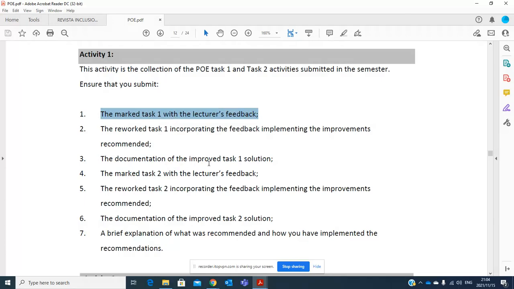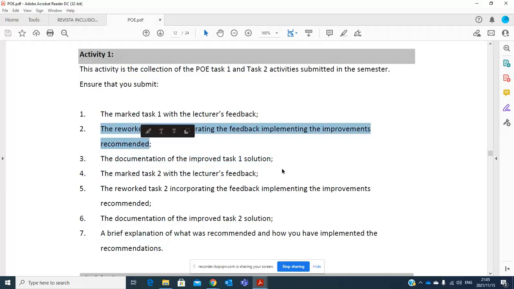The documentation of the improved task one. Some students suggested highlighting the mistakes, the corrections of the mistakes that were made. So they have highlighted the changes that they made in here.